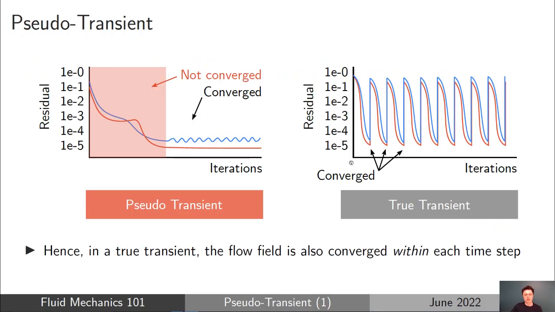So how will this look on the residual plot? Now, many of you may have noticed this just by looking at residual plots for yourself, and the plot on the left is just an indication of what a pseudo-transient might look like if you looked at the residuals. And of course the residuals start high and then they move around a bit and then they come down and eventually settle to some converged value. And what the residual plot is telling you, of course, is that the intermediate time steps, or the time steps before you achieve that converged solution, are not converged. So this red region here is clearly not converged. This is not a steady state solution that satisfies conservation of energy,